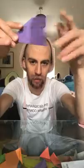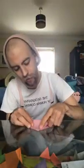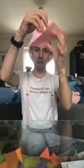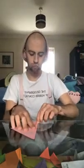Lovely. So it will then look like this. So we've gone from here, folded them in like this, and you've got that. Lovely. And now we are on the sixth and final piece. Okay, so again, for the last time, fold it corner to corner. Okay, and then unfold it, and then this corner to this corner. Lovely. So it will then be like that,